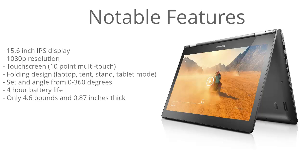There are four main ways you could fold this laptop: laptop mode, tent mode, stand mode, and tablet mode. That's what's great about this model, there's just so many different ways you can use it. Lounging on the couch, just use tablet mode. If you need to get work done, you could use laptop mode. And this also cuts down on the amount of devices you need in your household,